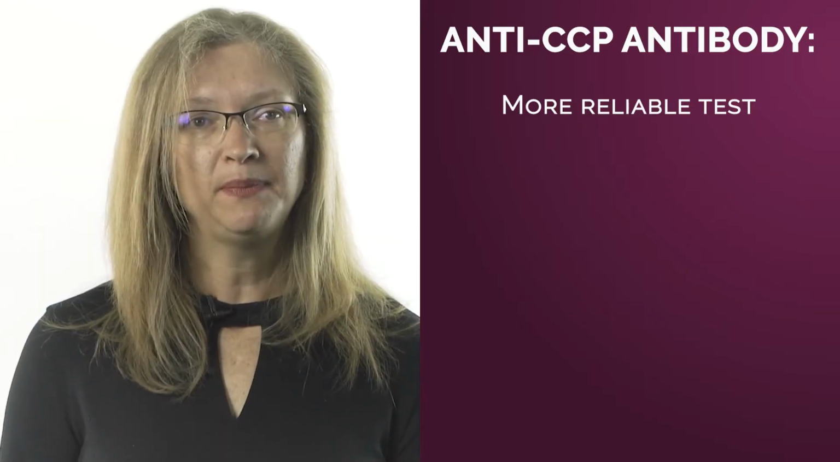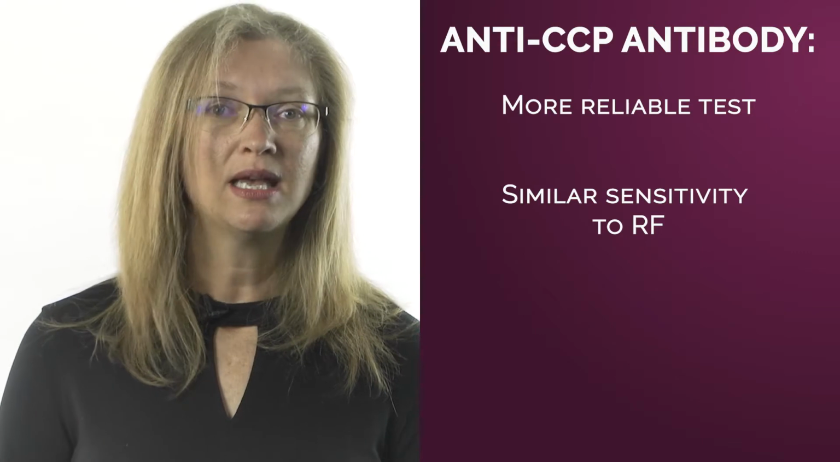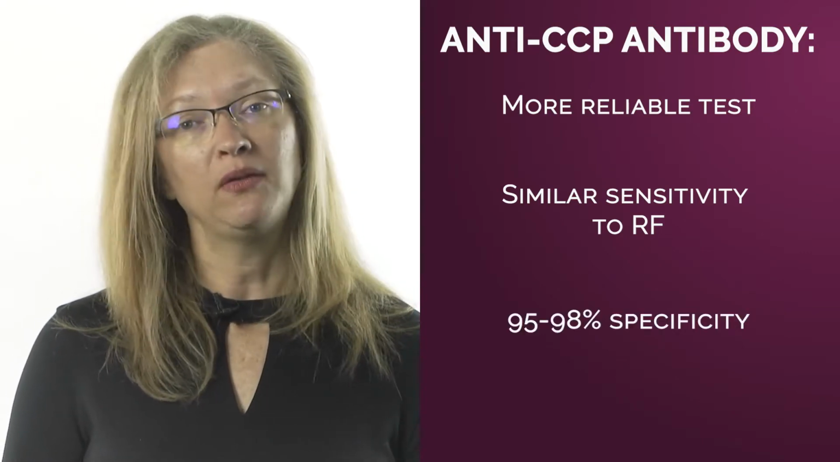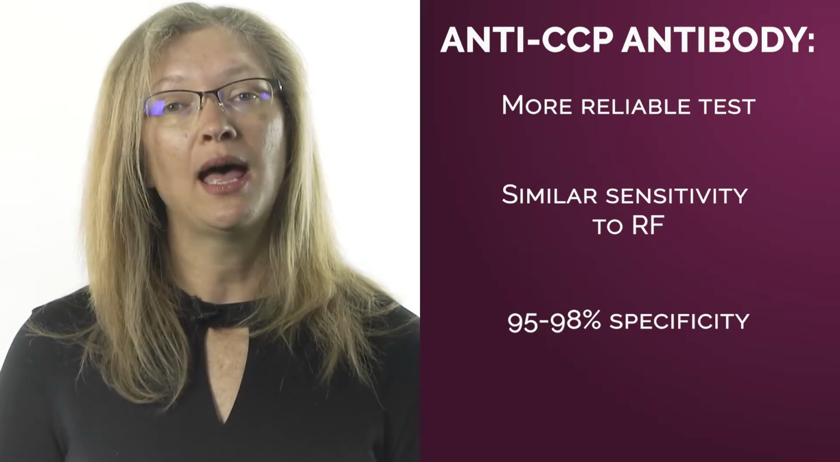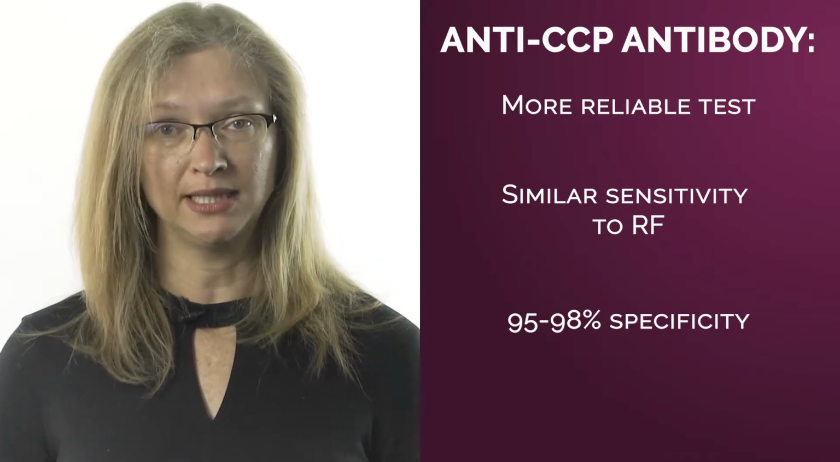So anti-CCP antibodies have a similar sensitivity to rheumatoid factor, but a much higher specificity. So if it is positive, then up to 98% of the time we are sure you have rheumatoid arthritis. As we've mentioned in the criteria, inflammatory markers like ESR and CRP are usually raised to indicate the inflammatory process